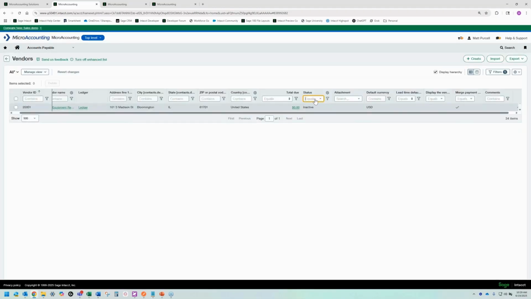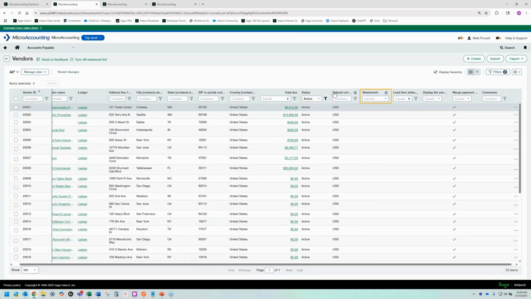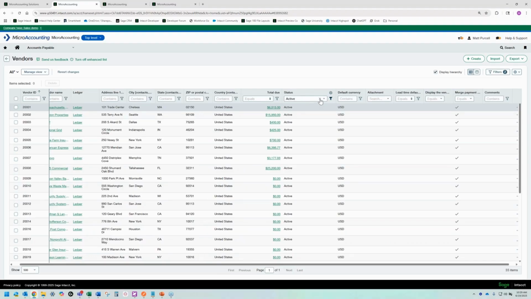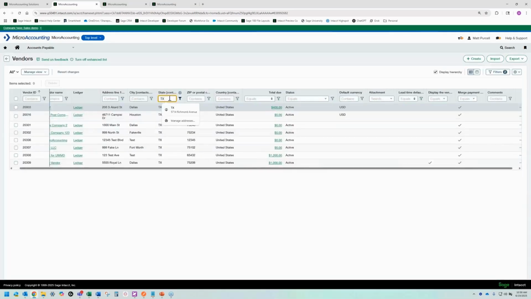You can also click this little X button. I don't know if you guys saw that, but if you choose active, and if I could get this to spread out, there we go. So there's this little X button. If you want to unapply a filter, all you have to do is click that little X, and that will remove it from that column, and it'll refresh the screen. These can also be typed directly into. So if I wanted to say state equals Texas and then just hit enter, I can, and then it'll filter my list for all my vendors where the state equals Texas.